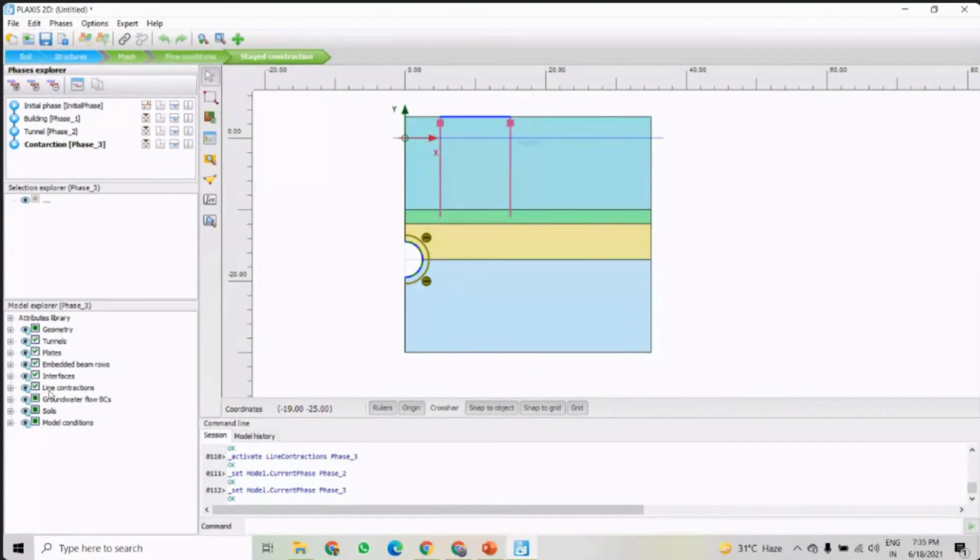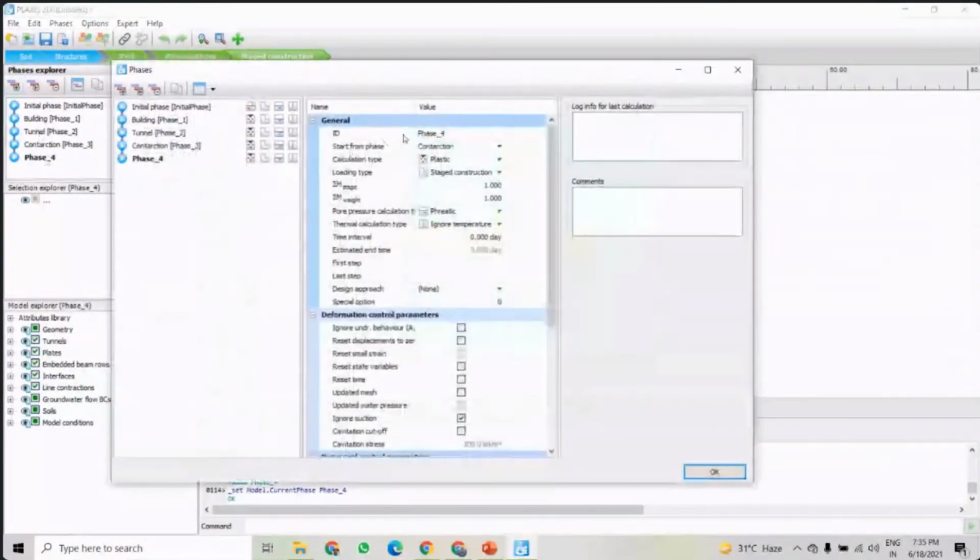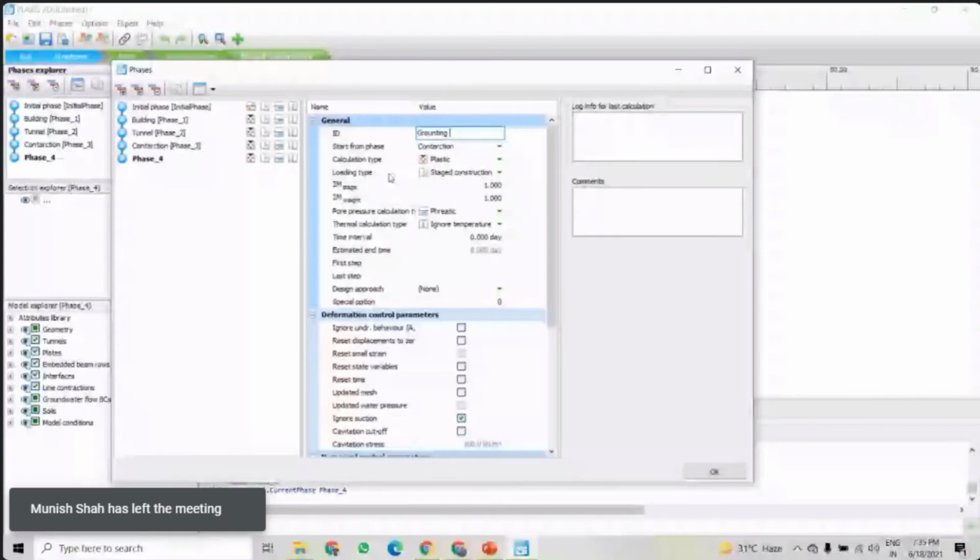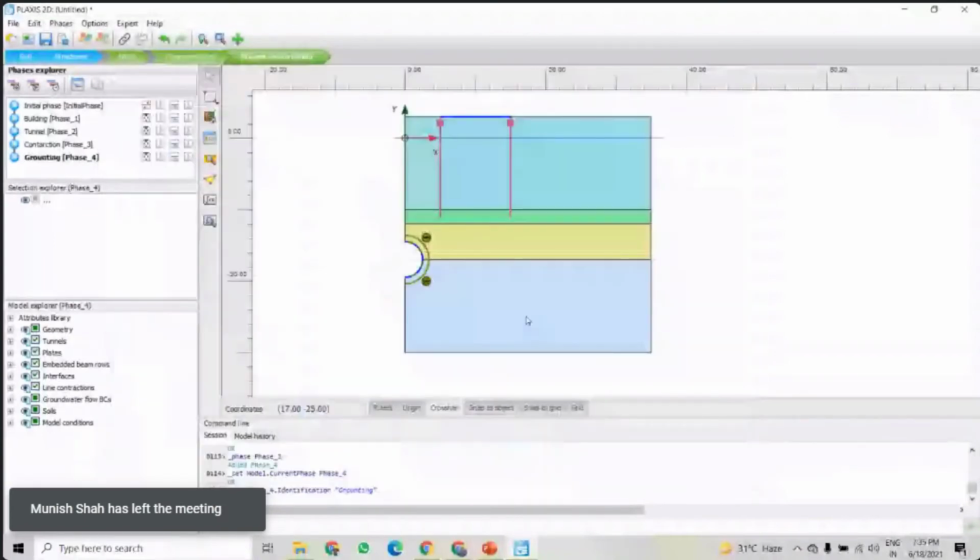And now the next one is the grouting phase. So once contraction is done, then grouting we have to do in the tunnel. So in this grouting phase, just keep focus here, because now something will be activated and something deactivated this time.